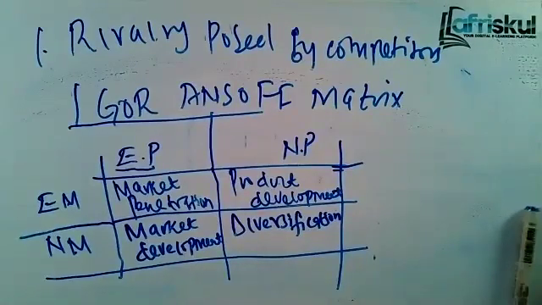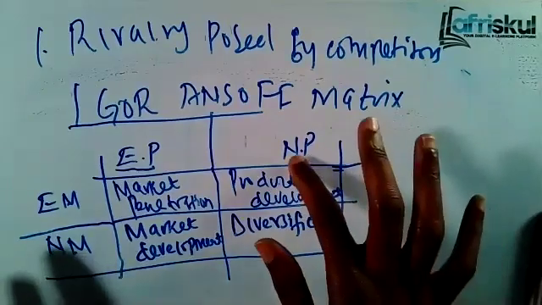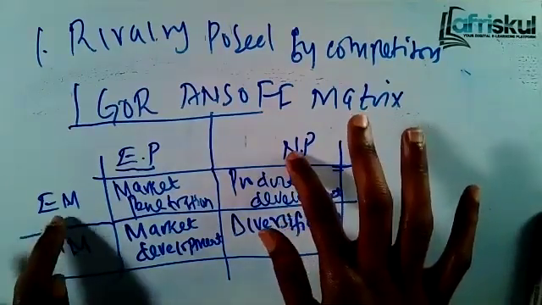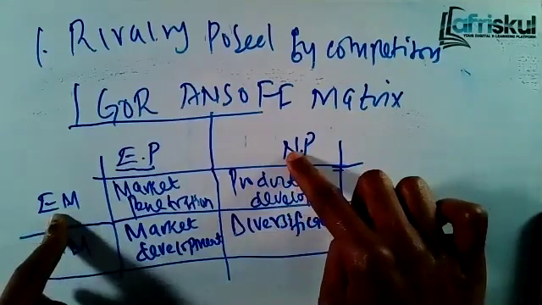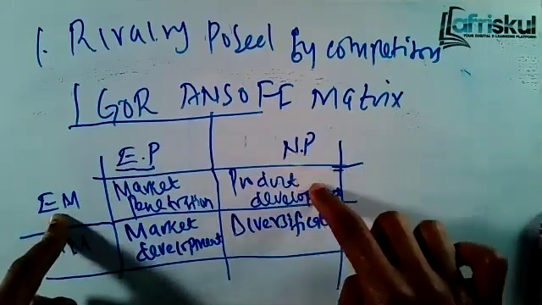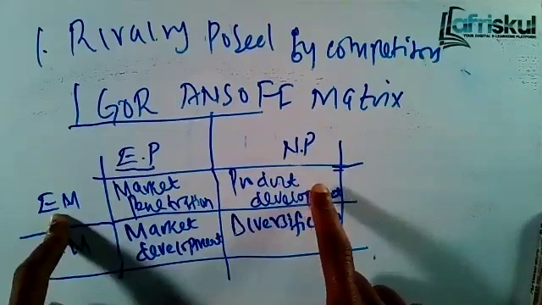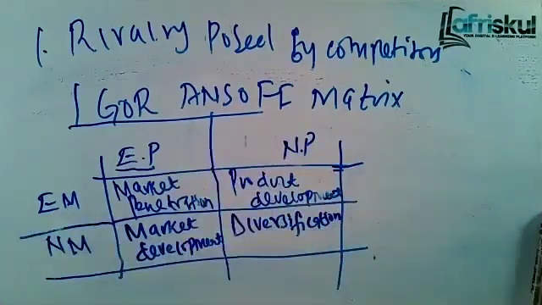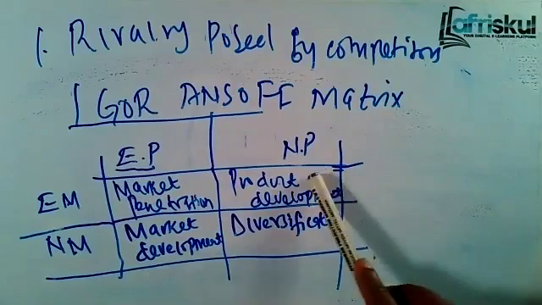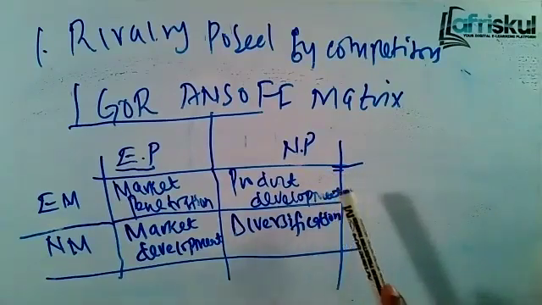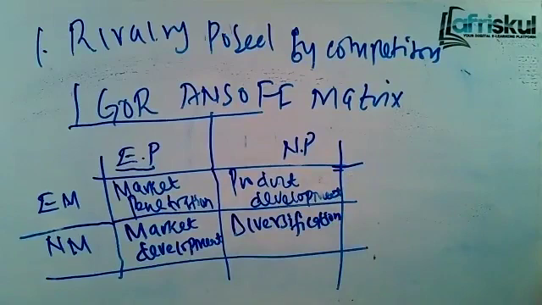You can also, in response to rivalry, according to Ansoff, or to grow your business, develop new products. Development of new products, you take them to your existing market. That's what is product development. You develop new products for the existing market. For new product development, you need research staff, and that's why we said one of the limitations is having skilled research staff. Market penetration, we talked about a budget. You need a budget to do market penetration.